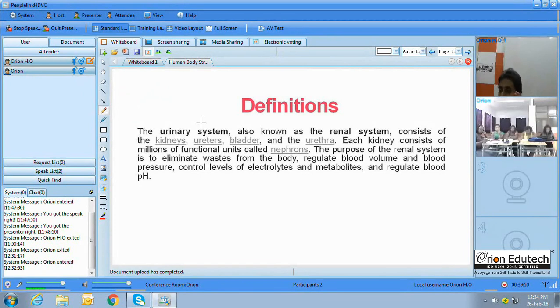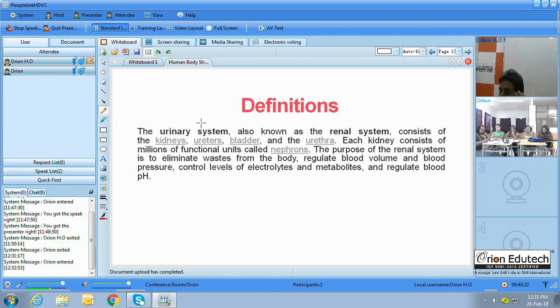The main purpose of the renal system is to eliminate waste from the body and regulate the blood volume and blood pressure, the level of electrolytes and metabolites, and also regulate